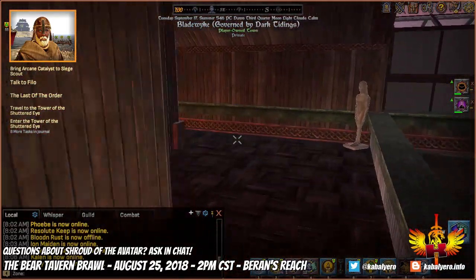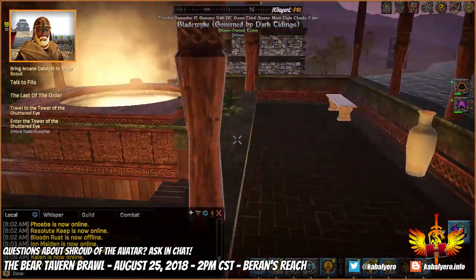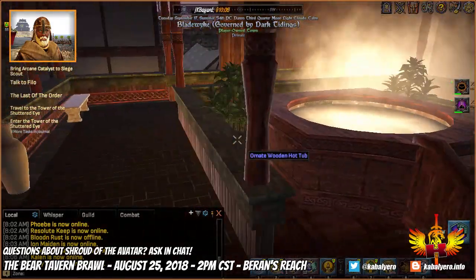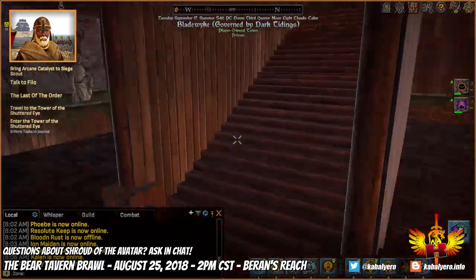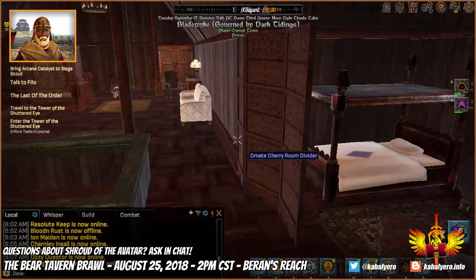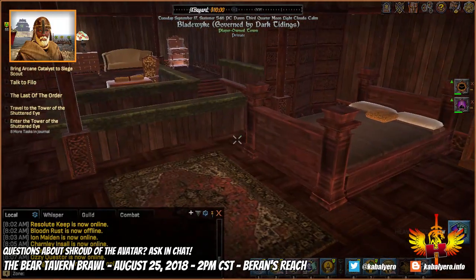And here we are at the third level, and there is an ornate wooden hot tub. Okay, so you can just jump in and enjoy the warm water. Nice. And let's go up, and now we are at the bed or the bedroom area. There's some beds right here,